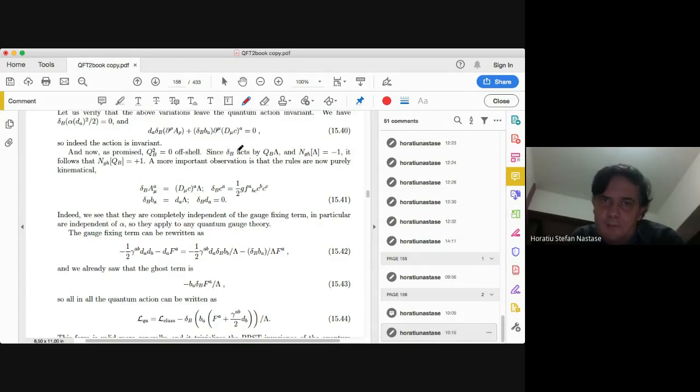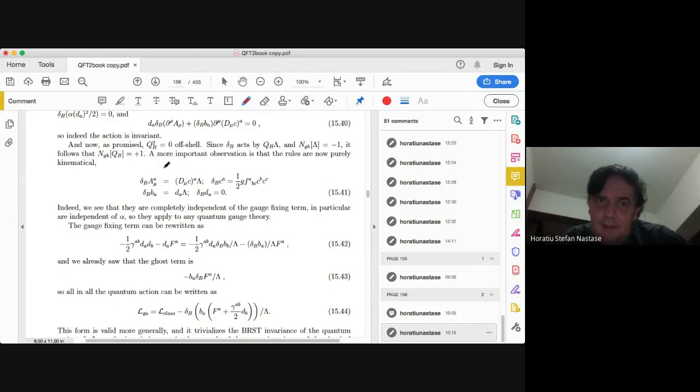One more observation that is useful is that the variation of B acts as Q_B lambda, and since the Gauss number of lambda is -1, and since the variation must have Gauss number 0, that means that the Gauss number of Q_B is +1. But another observation, which is more important, is that